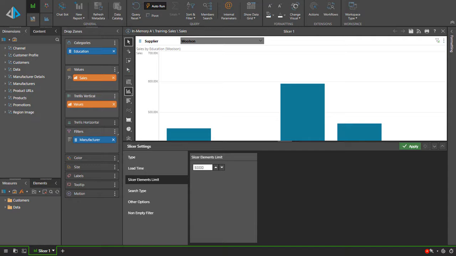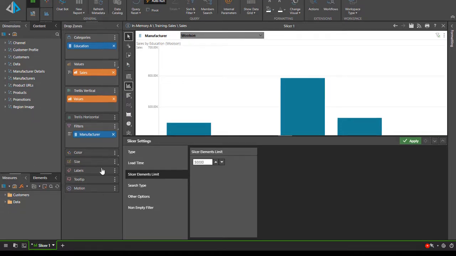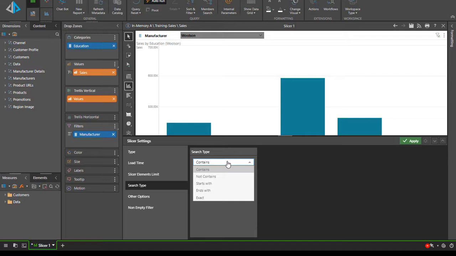For performance and usability reasons, you may want to decrease the maximum number of elements that can be displayed in the slicer so it loads quicker. The search type allows pre-filtering of the members to be selected as filters by configuring the search logic to only include members that either contain or don't contain the entered text, or begin with, end with, or exactly match the entered text. These search types will be applied to any slicer type that supports the search function: drop-down, text box,